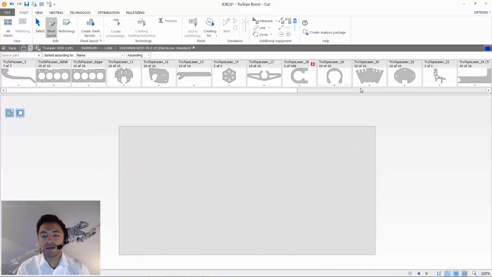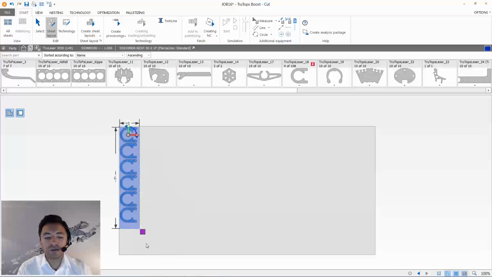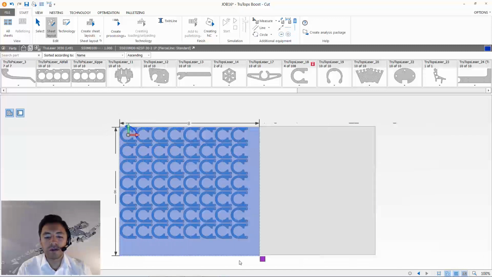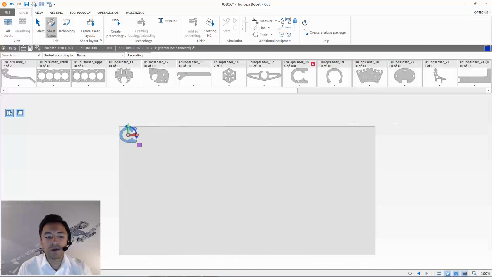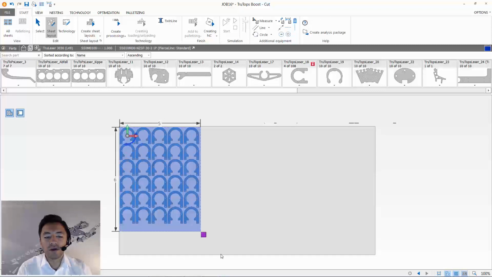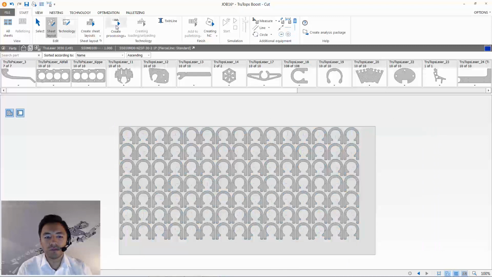So just delete that. I grab the part which I have up there, and just to show you some manual modification features. So you can either, for example, change the angle position, and